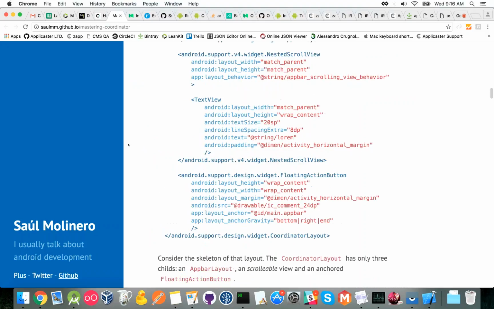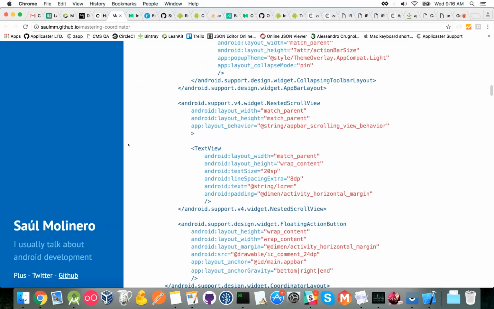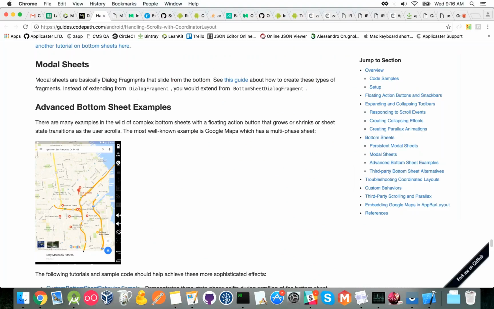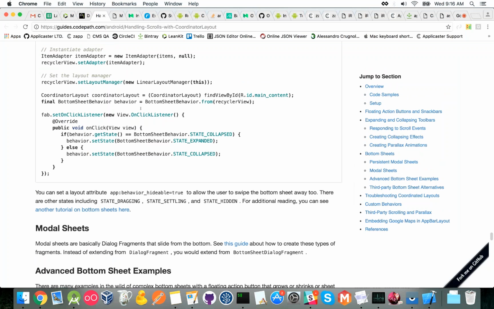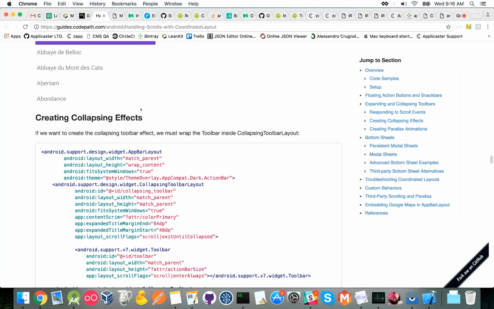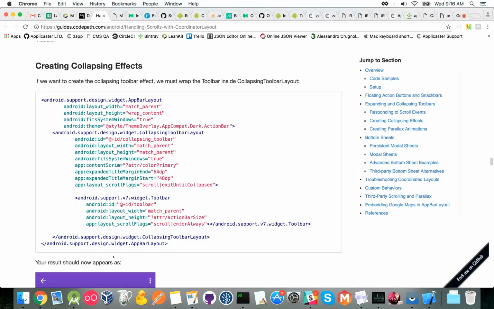Here, it's not the right place. Right here. Sorry. There you see, like declaring in this sample, for example,